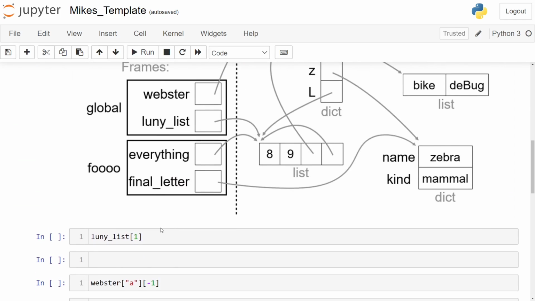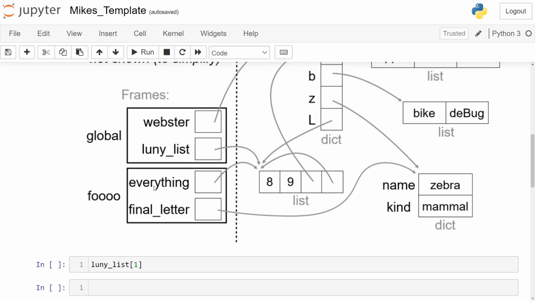All right, if you just run some of these cells, they will just work, but that's not how I want you guys to use this worksheet. If you do kernel restart run all, it'll fill them all in and you won't get the practice. Instead, what I want you to do is take